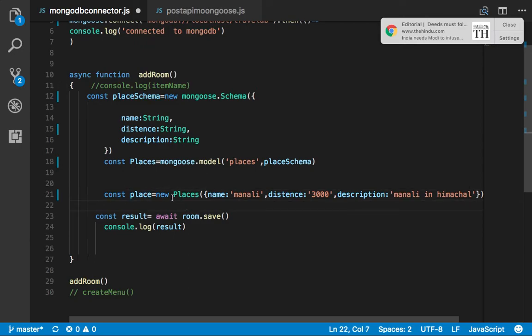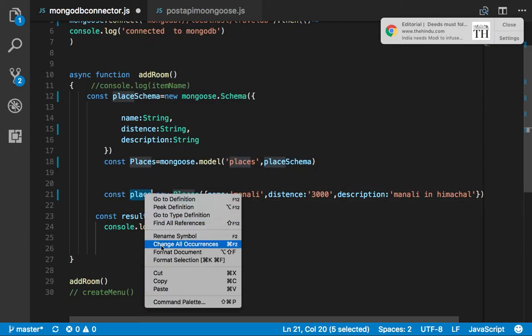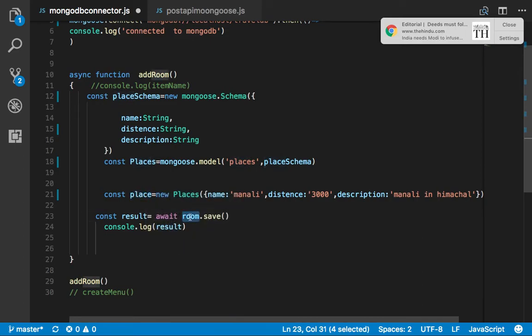Now next and final thing is need to save. So save is the same operation which we are doing in insert operation in MongoDB. Now what is wait? Wait is the time which has been taken by the database server to write the data into the database. So till the time I am saying it's wait till the time I am getting the result, and it is an asynchronous operation. That's why I have written async inside of the function.